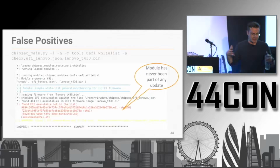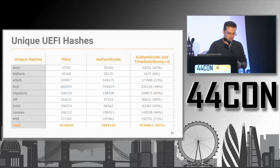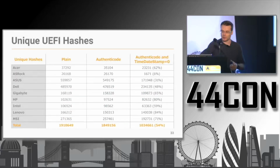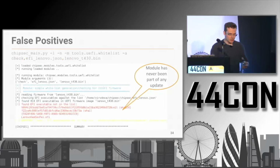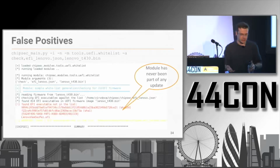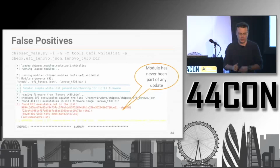So now with that whitelist, and part of the whitelist is open source right now on GitHub. Other parts will probably be published soon. But now what you can do is check your firmware against that known list of UEFI executables and find if anyone added any extra executable that shouldn't be there. It's not